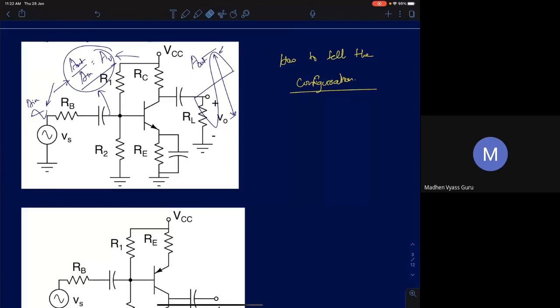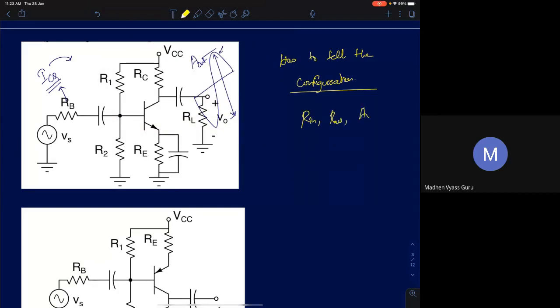So eventually we need a voltage gain from the amplifier, and we will estimate that voltage gain from a small signal model. And we know how to derive a small signal model. The first step is to find the quiescent current. Once you know the quiescent current, you know everything you need to know about the small signal model. Then from the small signal model, you can calculate all the parameters of an amplifier. The three important parameters of an amplifier are R in, R out, A naught. If you know all three, then you can find the gain for any source resistance and load resistance given to you. You are supposed to find R in, R out, and A naught.